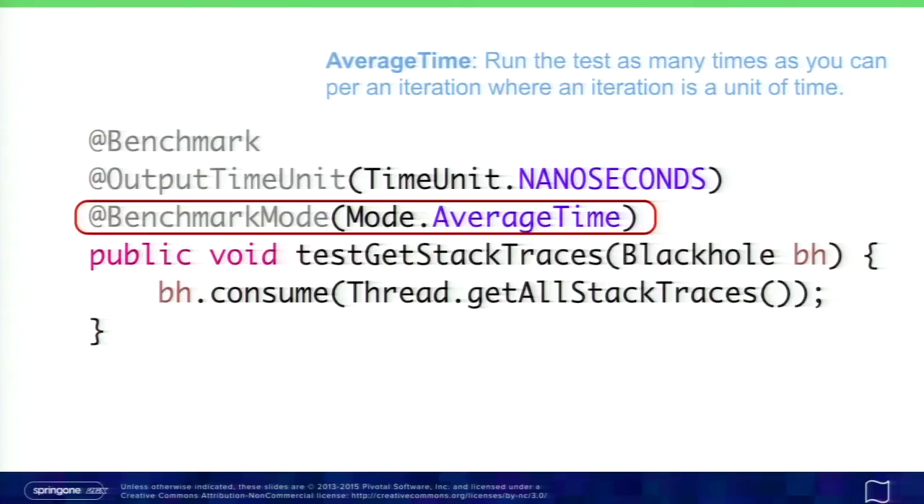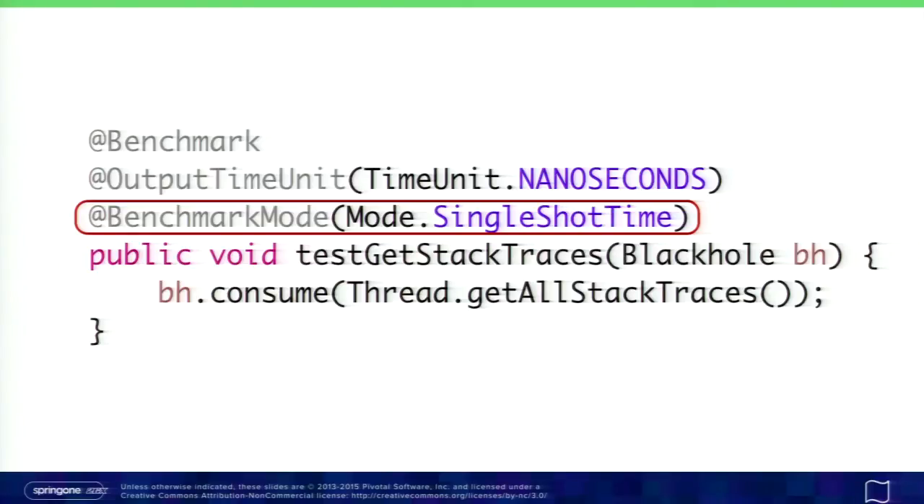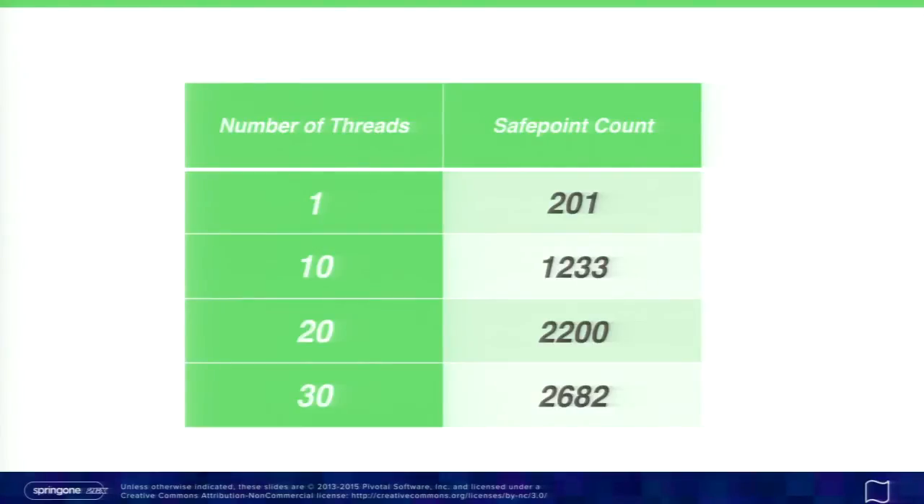So what I can do is change this to single shot time. So this runs the benchmark once. When you run in single shot time mode, you want to make sure that you have a long warm-up period, right? Because you're only running the test once. And now I get information that is more like I would expect. I see the number of safe points increase as I increase my threads. So the real thing to think about here,